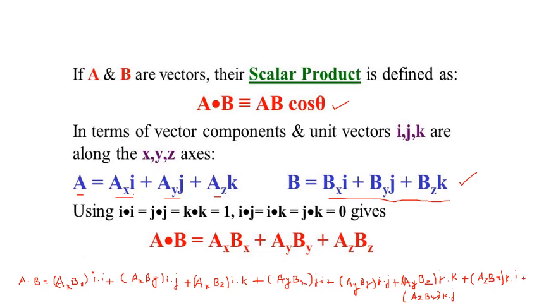Az and bx, so here multiplied by k dot i and next k dot j. Okay, and what is the third term, last term, that is az into bz multiplied with k dot k. So that's all, students, we have multiplied all the subcomponents. Okay, so there is a rule, don't forget this.